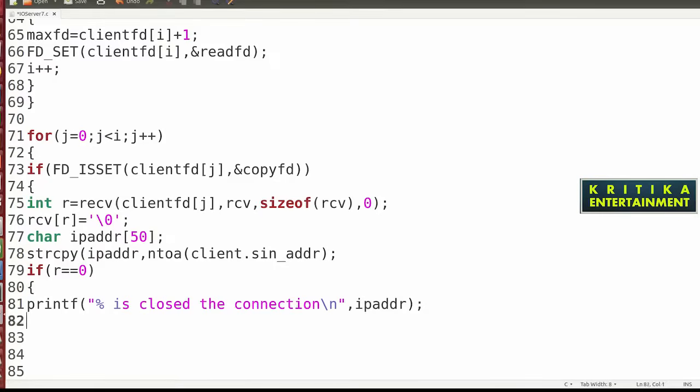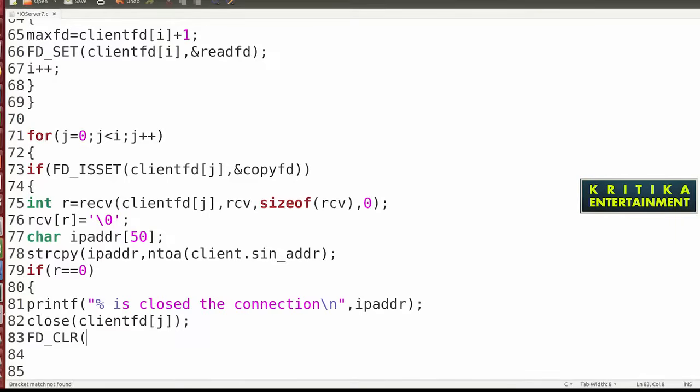Then close client fd j, okay. Then it will be FD_CLR. CLR means to remove this FD from the FD set.